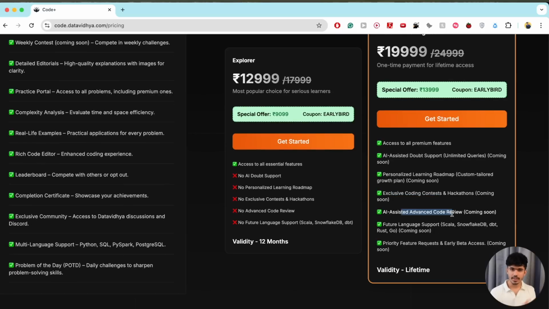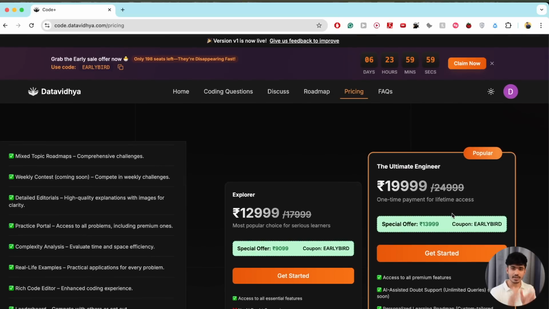That is the reason prices are kept low. As we move forward, based on the frameworks that we add, and based on the load and the costing that we need to survive, this platform will increase its price. So right now we have the offer going on. If you are an early user, you will get access to all of these things right now for the lifetime or the yearly pack, depending on whatever you need.